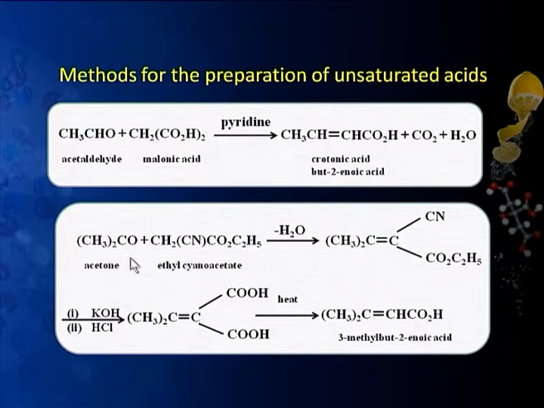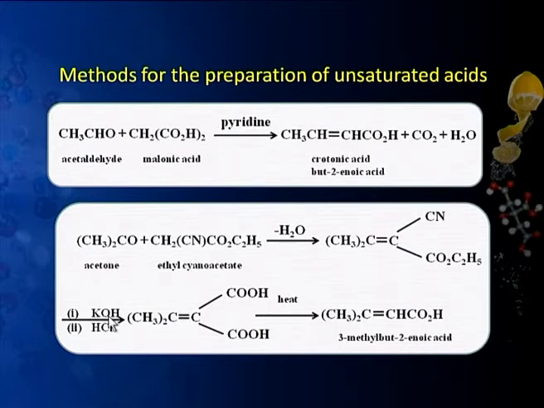Then if we want to use some ketone, meaning we want to have in the end some substituted unsaturated carboxylic acid, then we use ethyl cyanoacetate. This is ethyl, cyano is substituted over here, so ethyl cyanoacetate. This CH2 is also an active methylene group and it condenses with the ketones and a water molecule is lost, we get this. This is the acetone part, this is the ethyl cyanoacetate part.